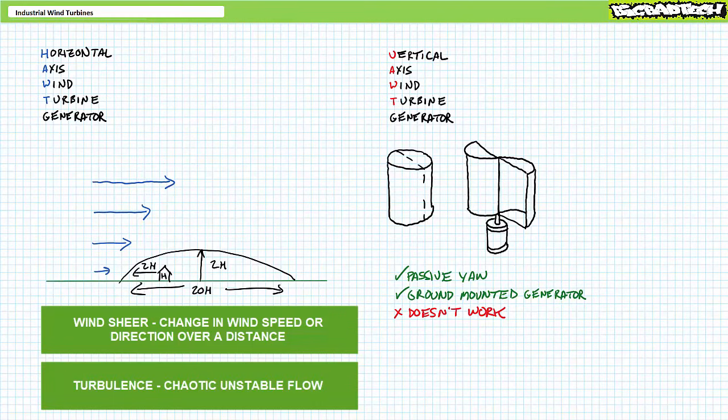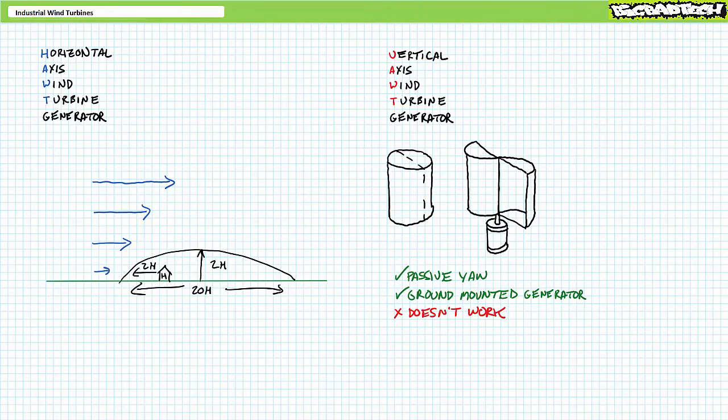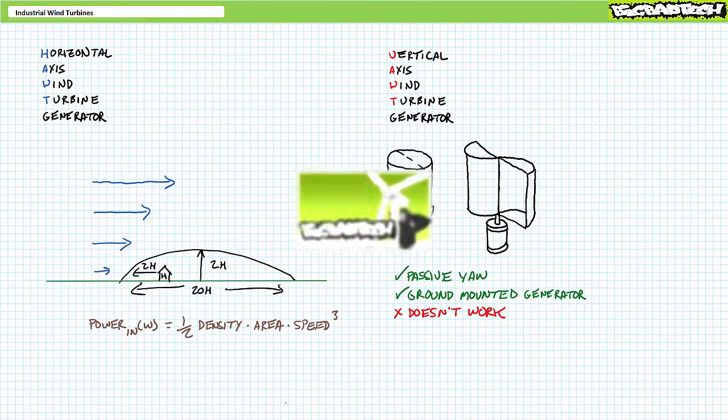As a general rule, an object of height h disturbs a hemispherical region 20h in diameter and 2h in height. You note this includes a region 2h in front of the object as air piles up in front of the obstruction and slows down. As we learned in the wind and water power lecture, available at the Big Bad Tech channel,